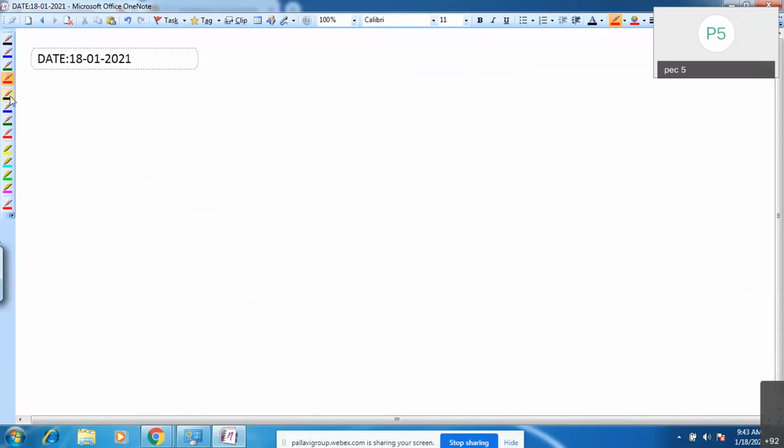Already we have seen this in OOPS features. Inheritance is a process of acquiring the properties from one class to another class. For example, here you have one class A. Inside this class you have some data members and some member functions. Here I'm deriving this inheritance.